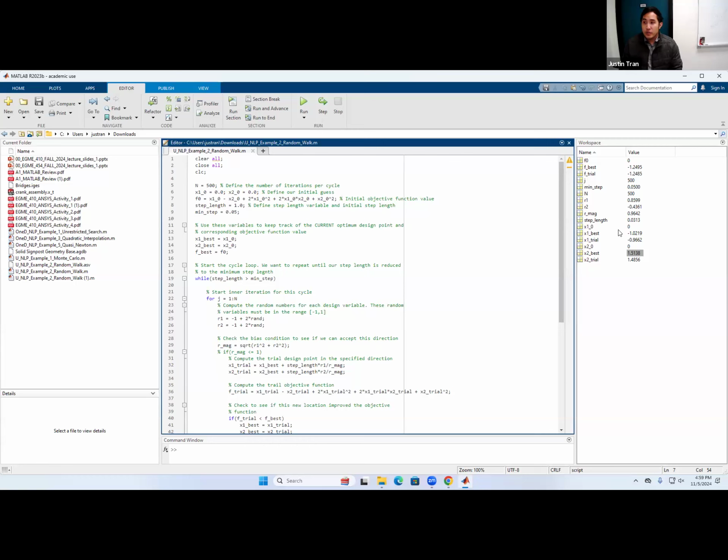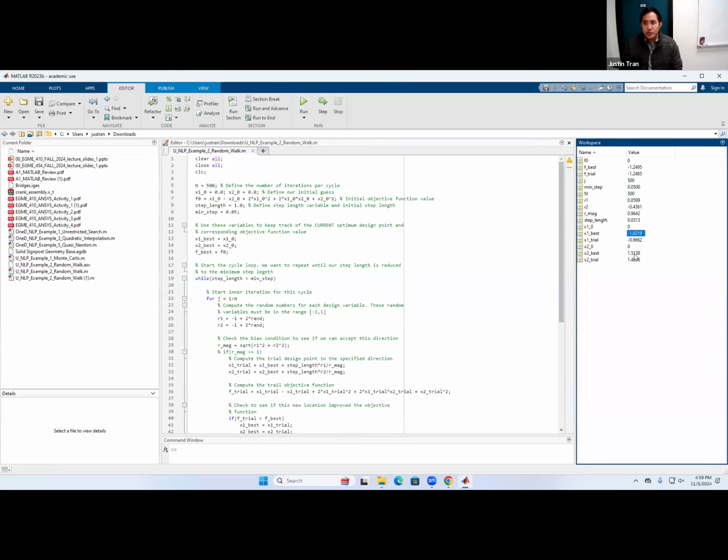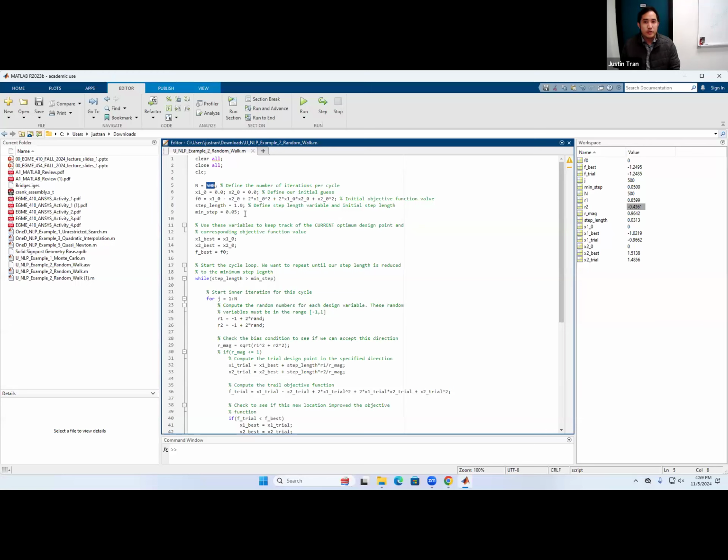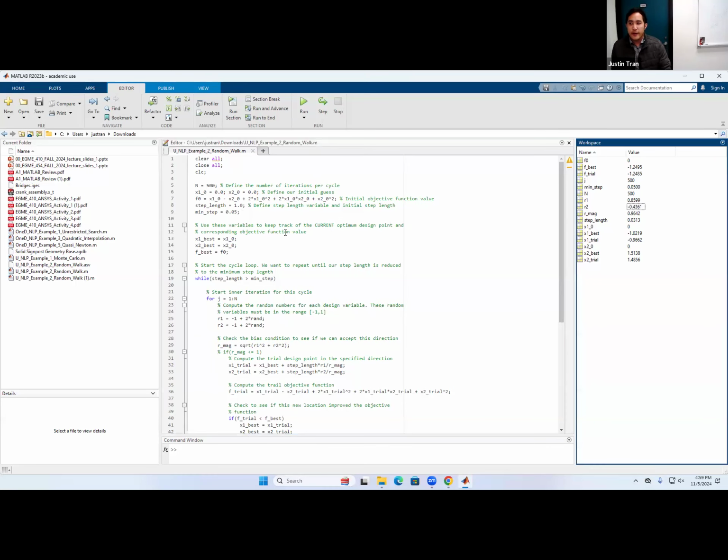in Monte Carlo. So you can see here the optimums are not as close as it was in Monte Carlo, just because we can probably reduce the step length a bit more, but we get pretty close. And so this algorithm succeeded in finding the optimal location. And the benefit here is that it did so with far fewer iterations than Monte Carlo, because I think for the Monte Carlo one we ran it for like 90 million iterations or something ridiculous like that. So this one we only ran 500 times 5, so only 2,500 iterations. So it was much more efficient in terms of that. Okay, cool. All right, so let me go ahead and bring back the iPad.